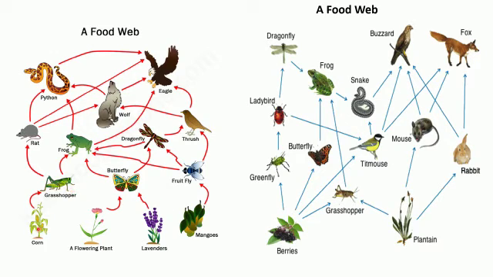Starting from here, we have a producer plant, which is eaten up by a grasshopper, eaten up by a rat, in turn eaten up by a python, and the python eaten up by an apex level, top level consumer like eagle. Another food chain that is operating here is flowering plant eaten up by a butterfly, in turn eaten up by a frog, eaten up by a python, and again the eagle here.